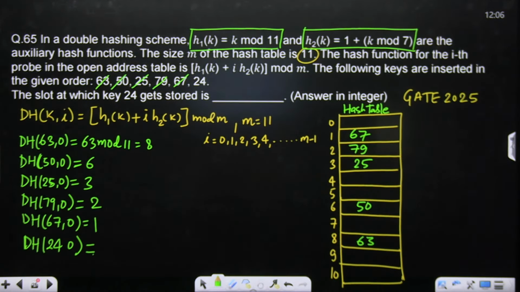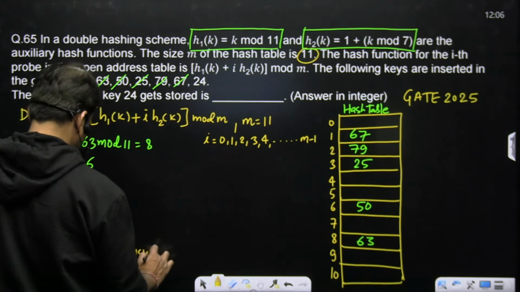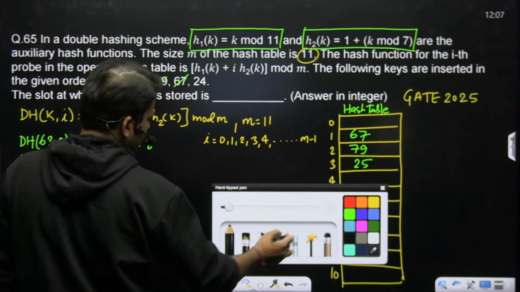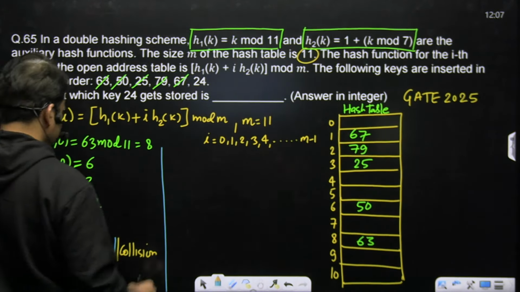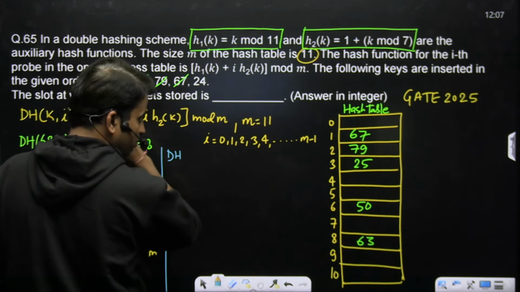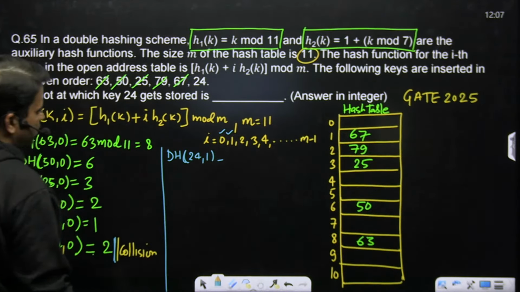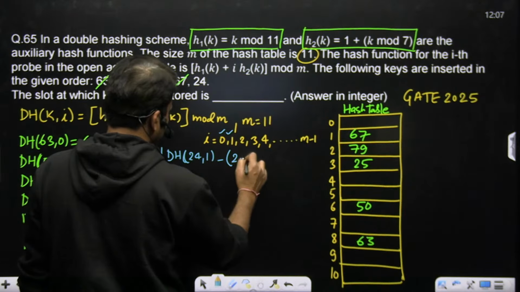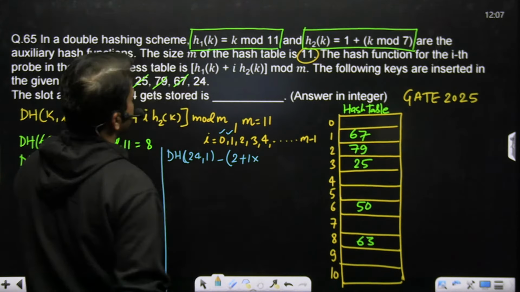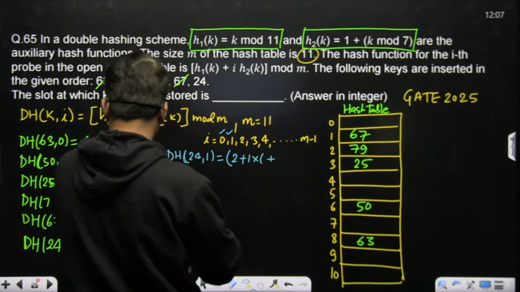24 comma 0 sir, it gives what sir? सर 2, 11 2 जा 22, सर 2 आया सर, 2 पे कॉलिजन हो गया, सो दिस इज कॉलिजन। यहाँ पे कॉलिजन आ गया बच्चे। नाउ डबल हैशिंग, चूज i वैल्यू इक्वल्स टू 1। अब i वैल्यू इक्वल्स टू 1 आप चूज करेंगे तो क्या रिजल्ट आएगा? 2 प्लस दिस i is 1 इंटू सेकेंड हैश फंक्शन बच्चे। 1 प्लस k मॉड 7।